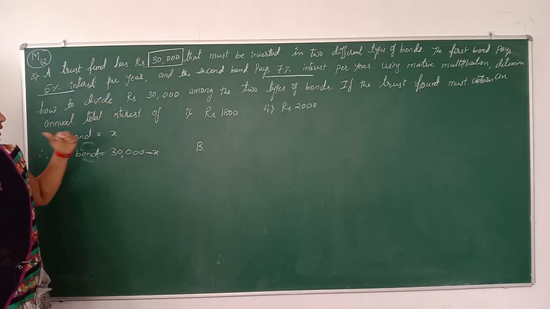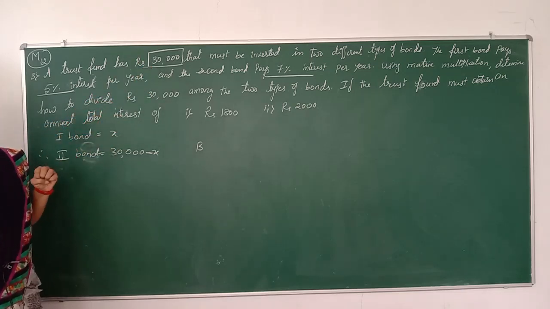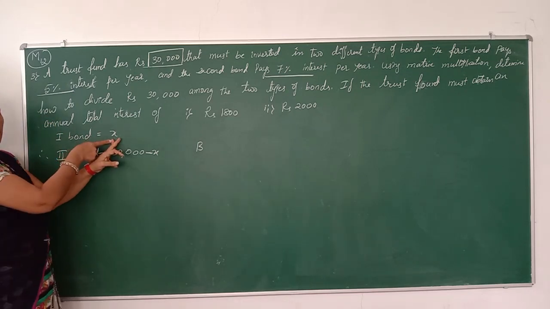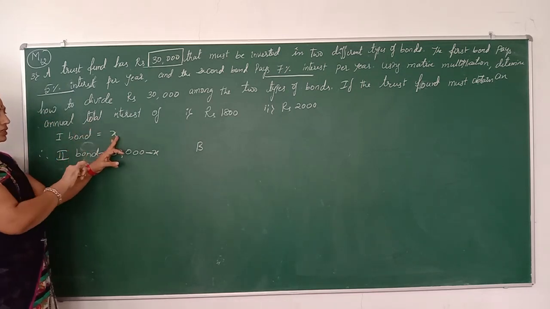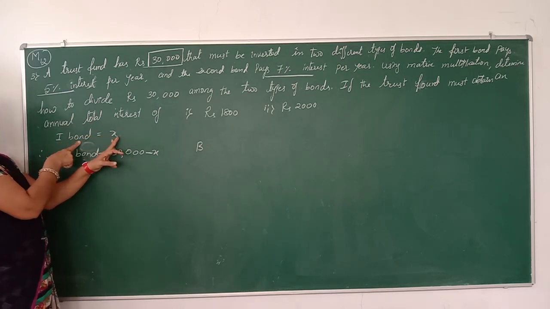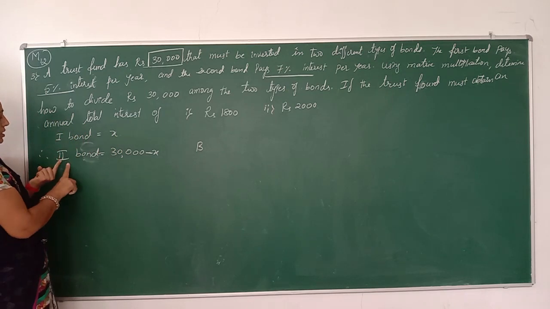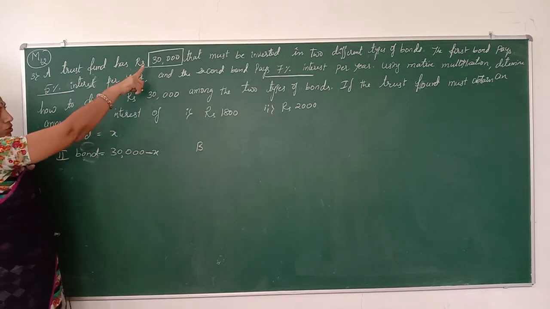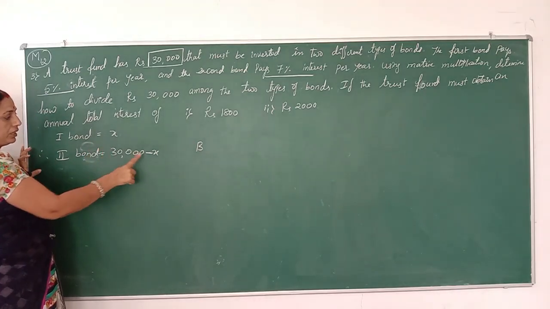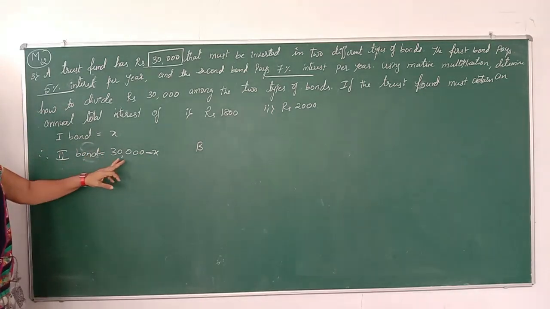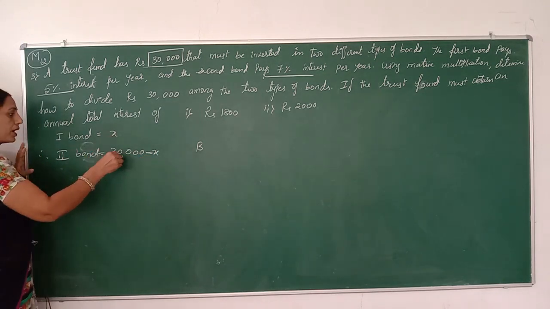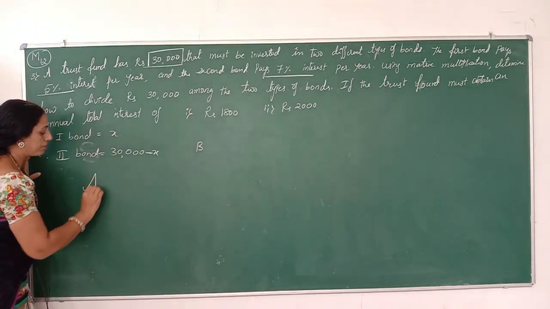Therefore, first we divide these two. We'll assume the amount of the first bond to be X. The assumption can be denoted by either X or Y. It is the amount invested in the first bond. Therefore, the second bond can be written as the total 30,000 with the amount of the first bond removed. Therefore, the amount of the second bond is nothing but 30,000 minus X. Now, these two are the elements of the matrix A.